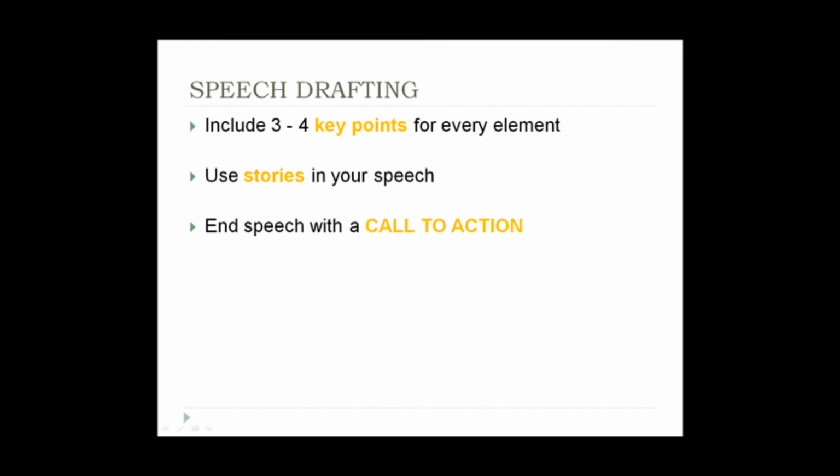Start with an introduction and then transit into your first main point. The main point is backed with interesting stories, illustrations, and examples. After that, transit into the second and third point using the same method. If you are selling or motivating your audience, you may include the benefits of taking action, suggested action, and finally end with some closing remarks. Using stories, especially if it is your own personal experience, can make your speech highly compelling.